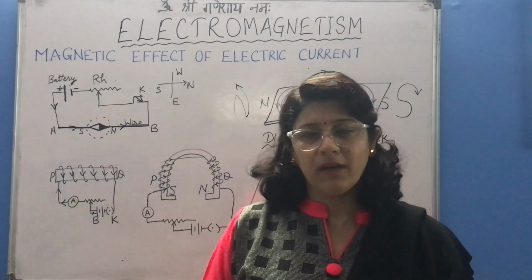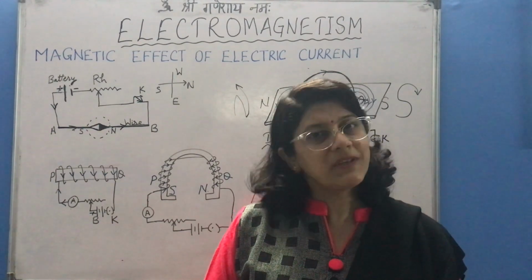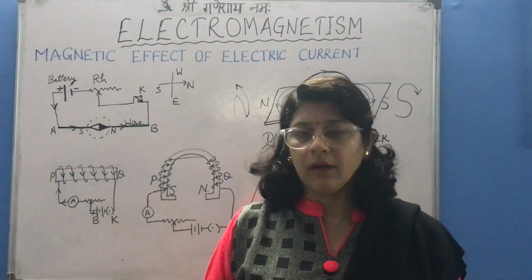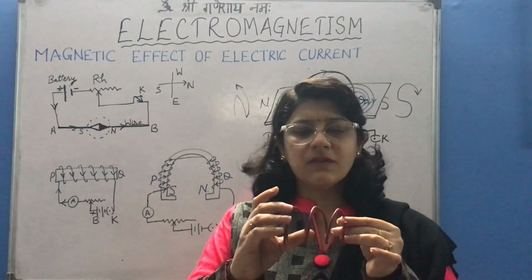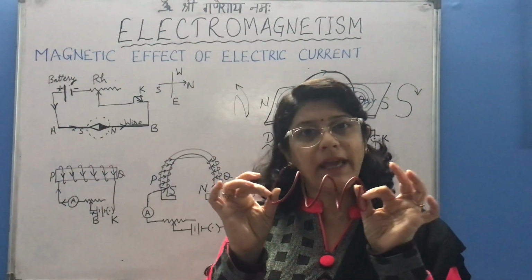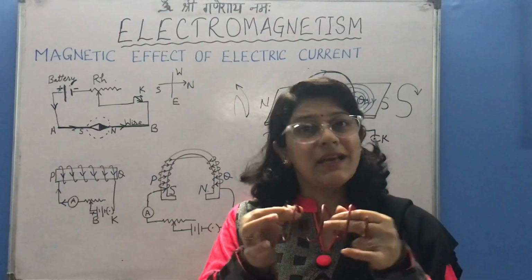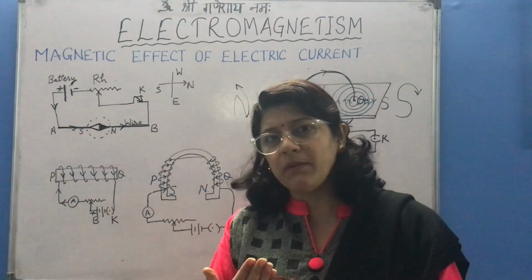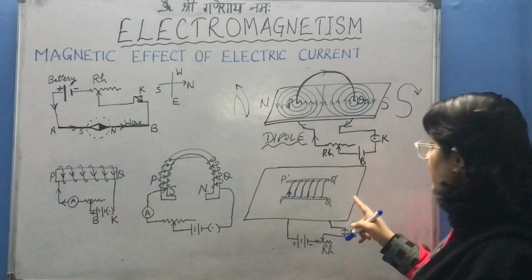Our next topic is magnetic field due to a current carrying solenoid. Our first question is, what is a solenoid? A solenoid is a conductor, a current carrying wire which is wound in the form of a spiral. It looks like a helical spring, but the condition is that its diameter is less than its length, then it becomes a solenoid.